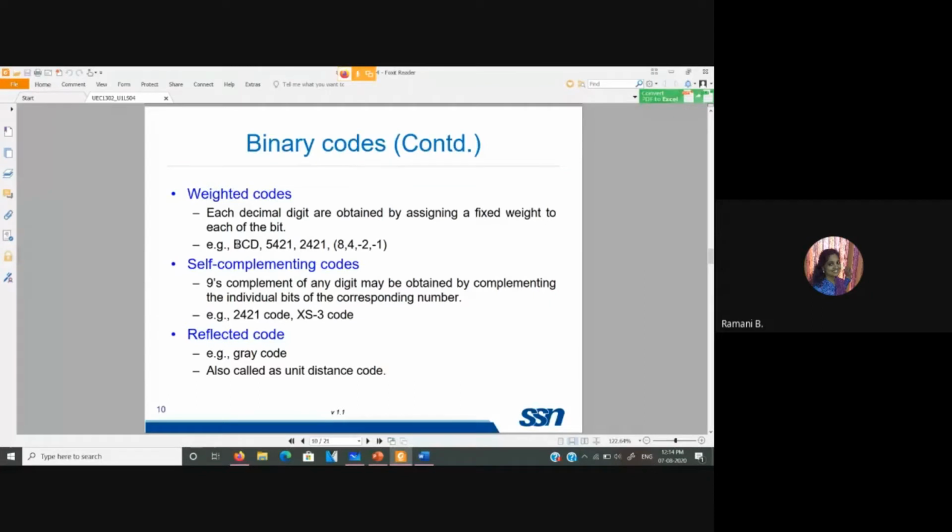This BCD and 8421 are more or less one and the same. However, in case of BCD, as the name implies, it is binary coded decimal, so you will have numbers only from 0 to 9. We will come back to that in a short while. So that is what weighted codes are. Non-weighted codes do not have any weight corresponding to the particular bit position. They take some other logic.